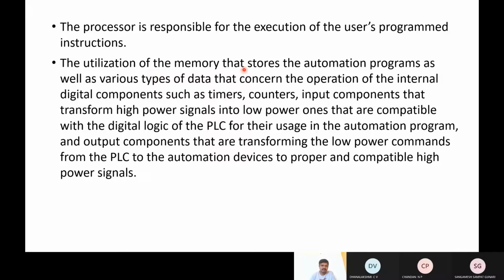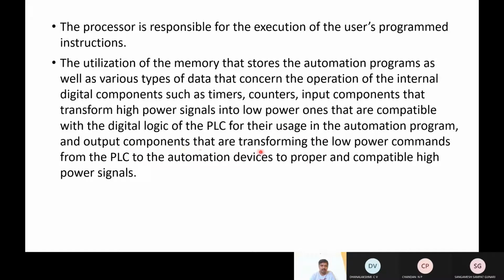The processor is responsible for the execution of the user's programmed instructions. It utilizes the memory that stores the automation program as well as various types of data that concern the operation of the internal digital components such as timers and counters. Input components transform high power signals into low power ones, that is from 230 volts to 5 volts, that are compatible with the digital logic of the PLC for their usage in the automation program.